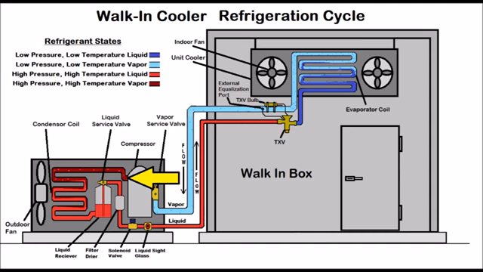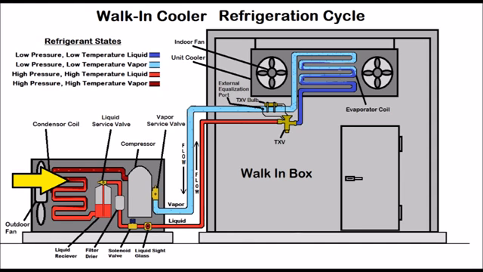So that's high pressure, high temperature vapor, and what happens is that compressor takes low pressure and compresses it, turns it to high pressure, and since it's high pressure, it's therefore high temperature. So temperature follows pressure. Where it comes out of the compressor, that's called the discharge line. So it rides in the discharge line until it goes into the condenser coil, where it's rejecting heat to the